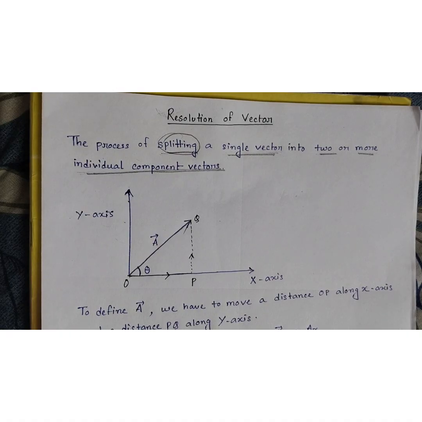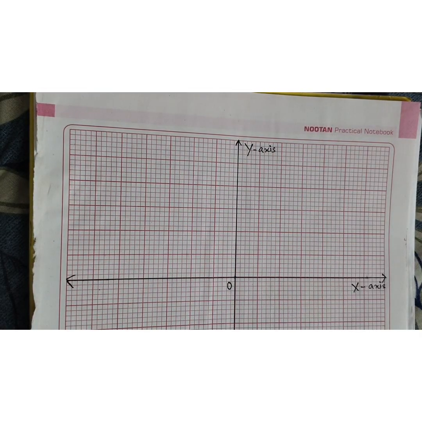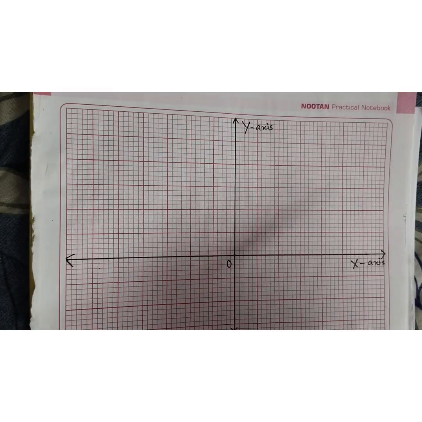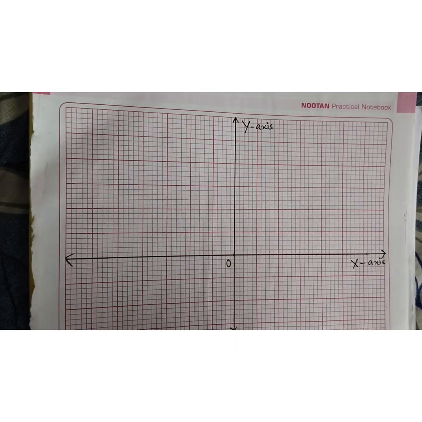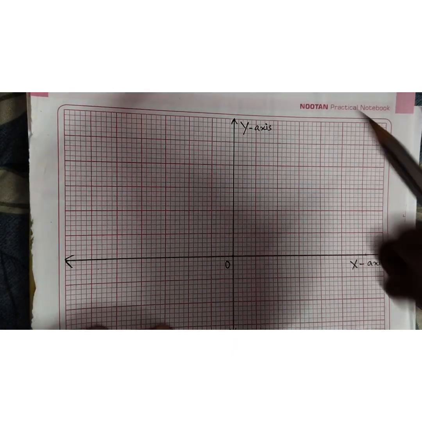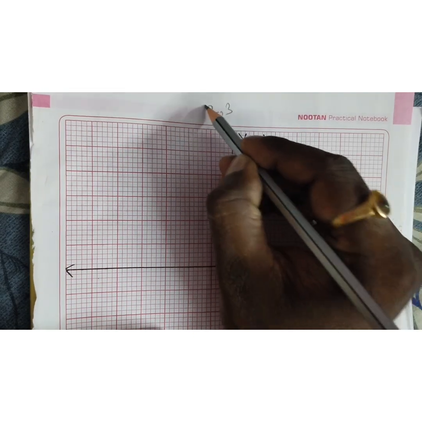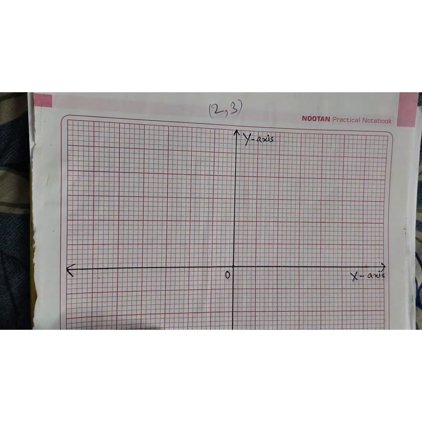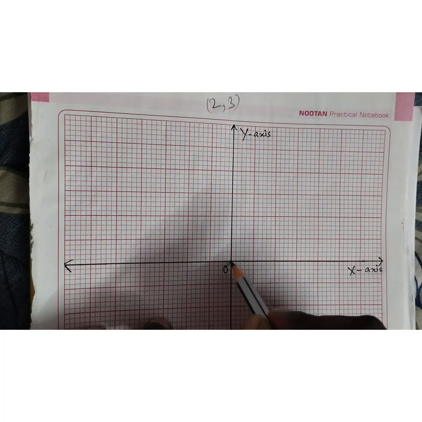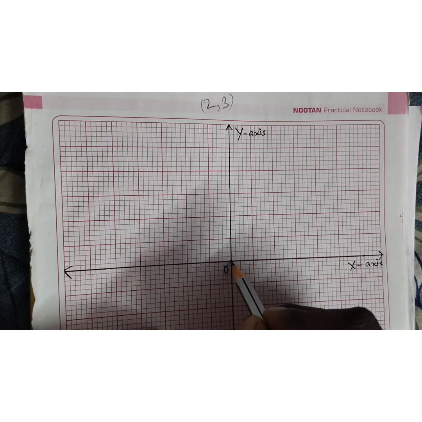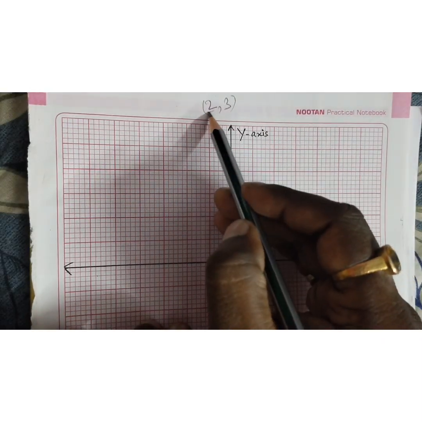Now we all have solved graphical problems. So we know the graph paper. I have taken this graph paper, which is actually a two-dimensional space. And in this two-dimensional space, we know how to plot a point. Now, if it is asked to plot 2, 3, then to plot this point what we do is start from the origin. This is the origin, and since the first number given is 2,